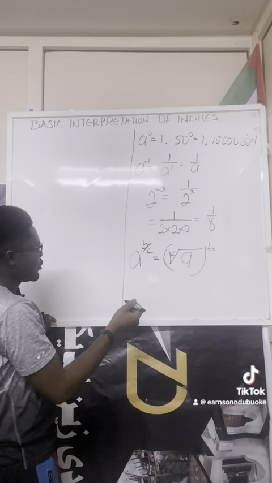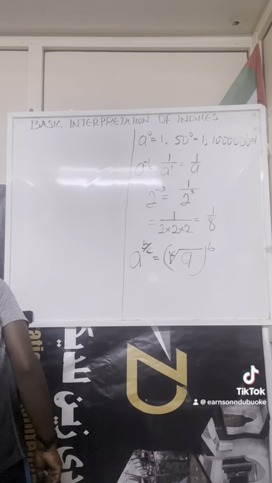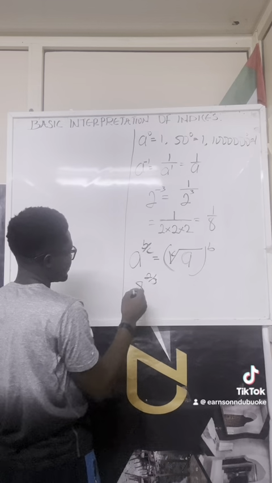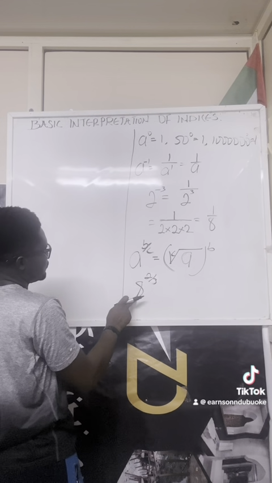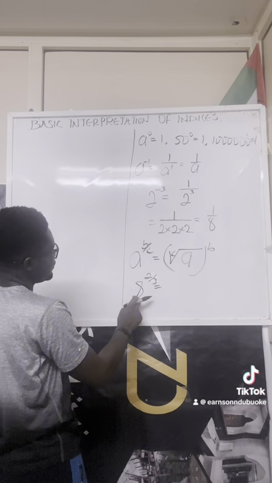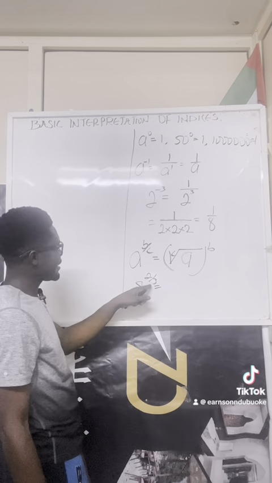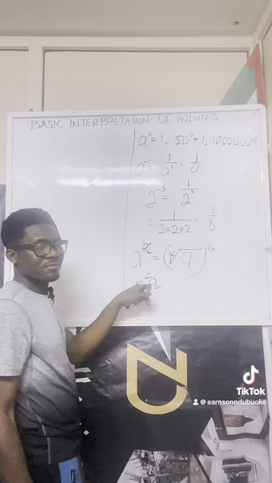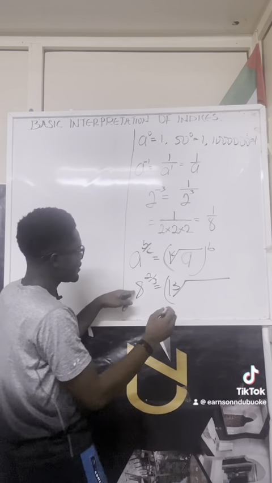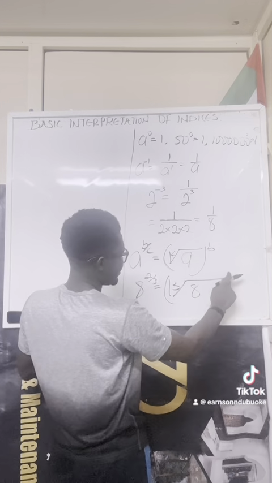From example, let me take one example. If you have 8 raised to the power of 2 over 3, a number with fractional power, this can be written as, since we are going to take the denominator as the root, here now is 3, so it's going to be cube root, while the 8 remains under the root, and the numerator remains as the power of the result, which is raised to the power of